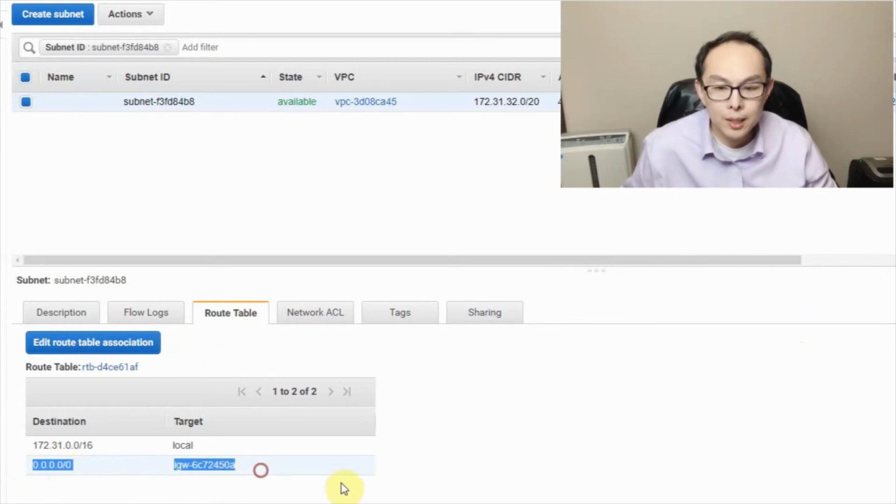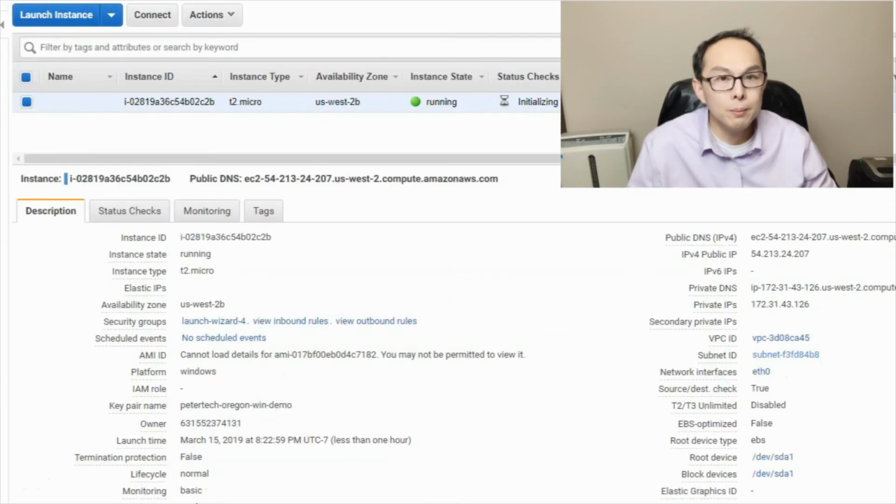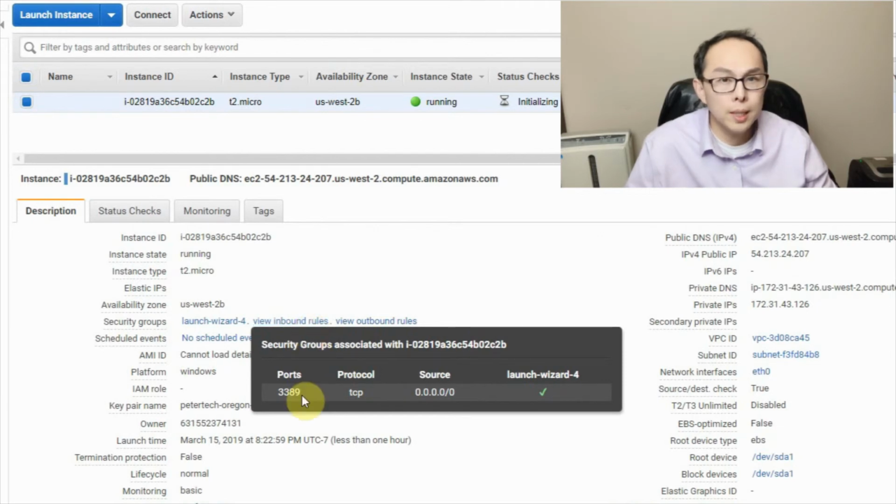Okay. So now once you check all those, then what's the last thing? The last thing you have to check is the firewall or the security group that is attached to your EC2, right? In this case, when you click on the EC2, you click on view inbound rules. Okay, you have to check the inbound. Normally the outbound has everything open by default. So the inbound rule you have to check, and make sure that the port that you need, either 3389 which is for RDP, or port 22 if you want to SSH to it, is there. And the source should come from